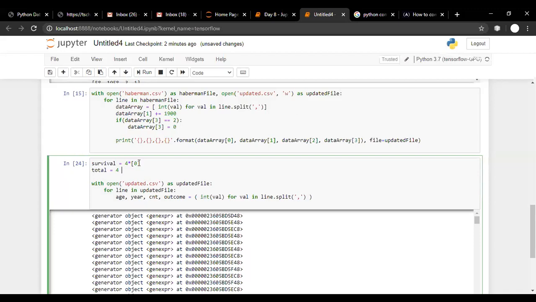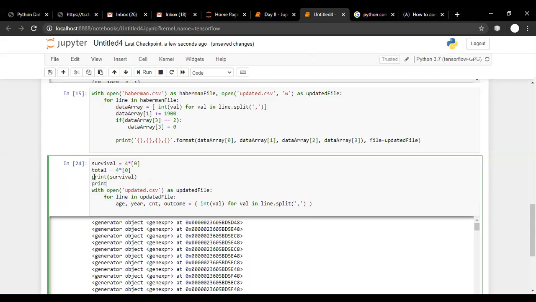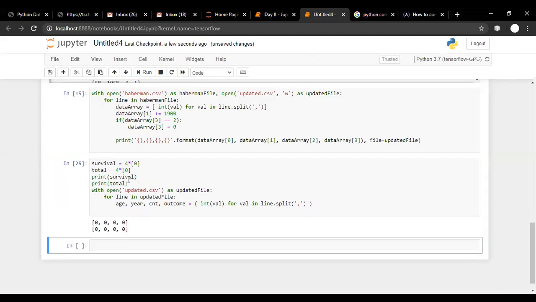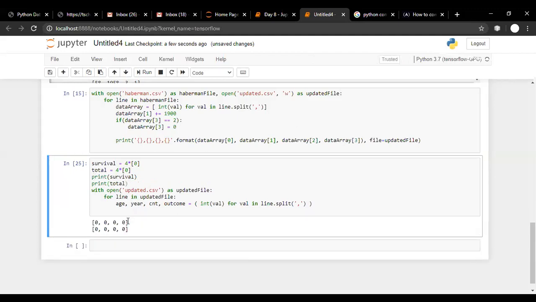That's why we are creating one more array of length 4 with initial value 0. If I print survival and total, you can observe this is the survival list and this is the total list. In every age group there are initially 0 values, so all the values are initialized to 0. Is everyone with me?